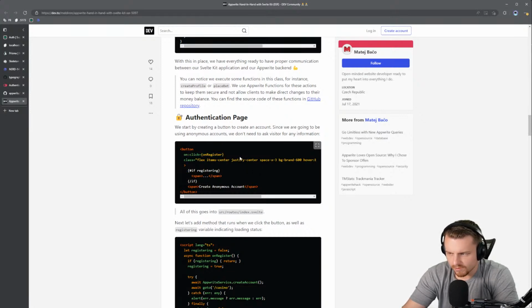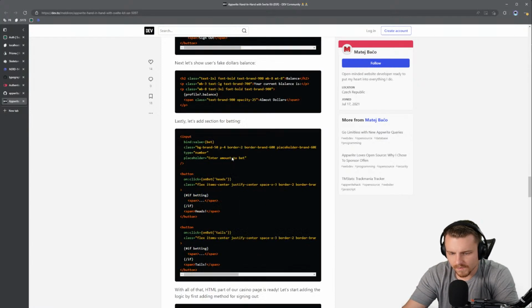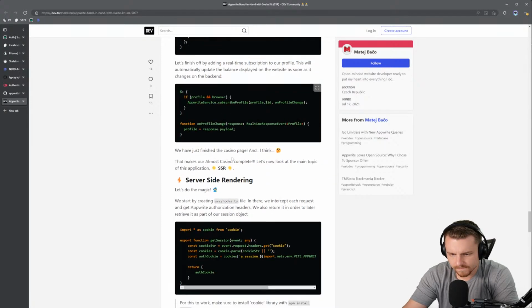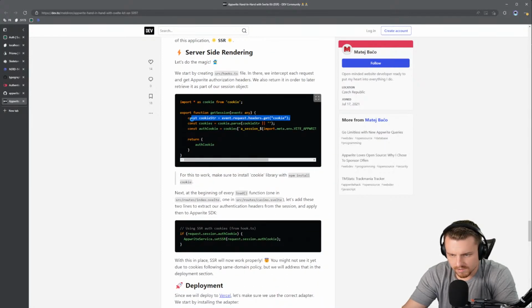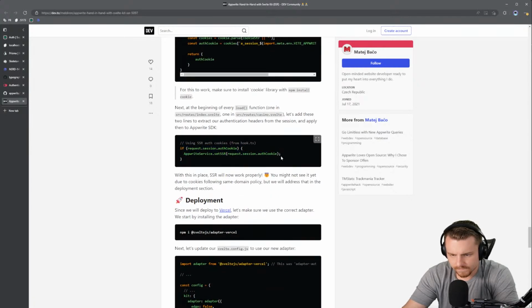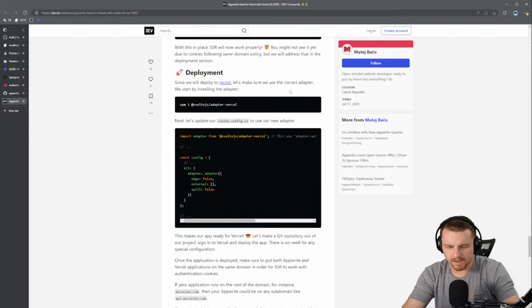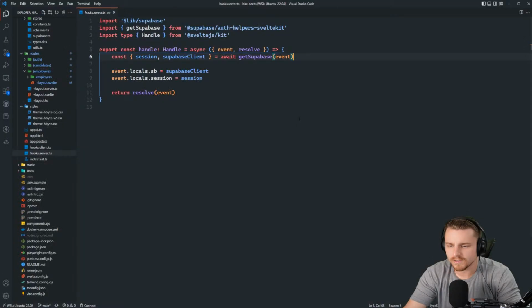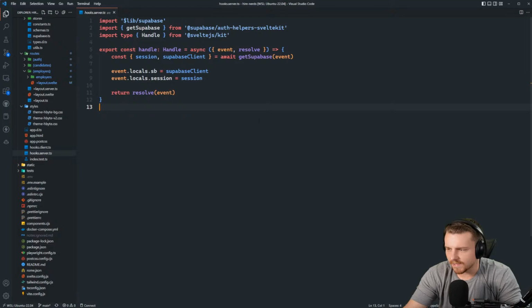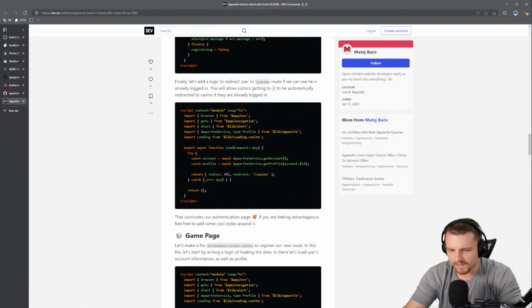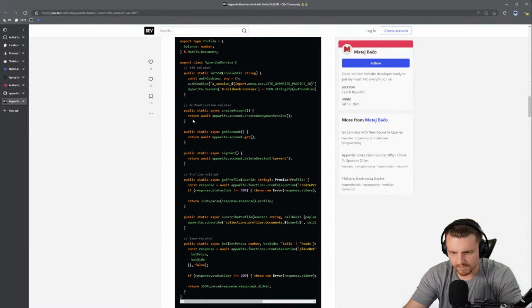Yeah, but even here, they're still doing everything client side though, it looks like, right? Maybe they have it down here. Server side hooks, yeah, you're basically just doing this on every single request. Yeah, that's what I figured that would be like. That's actually how PocketBase was when I first started to use it. But yeah, I didn't even recognize that. I thought I was looking at Java for a second there. I'm not even sure what this was, but